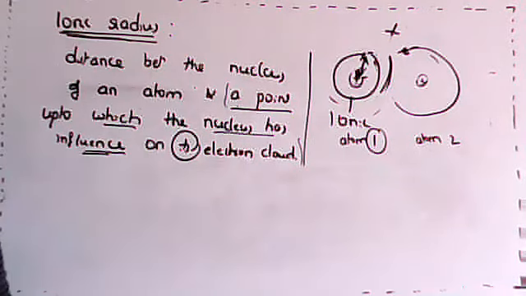Usually we get two types of ion. What is that? Cation and anion. Cations will be formed by losing of electrons, and anions will be formed by the gaining of electrons. Yes, it is anion, right? So here atom 1 is a cation, atom 2 should be anion, because atom 1 is losing electron, it is a cation. Got it? Is that clear, my dear students?